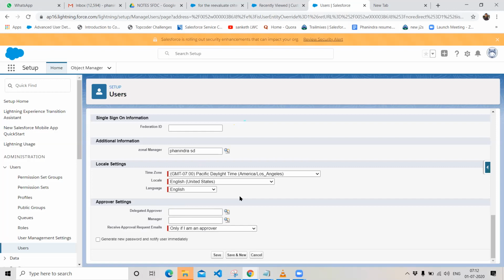But in the user record we have one more option, which is a standard lookup field called manager. You can choose a specific user as the manager of a specific person. When you are going with organization-wide scenarios, you will have a scenario where this person's manager is not the manager that you are expecting from the role level.